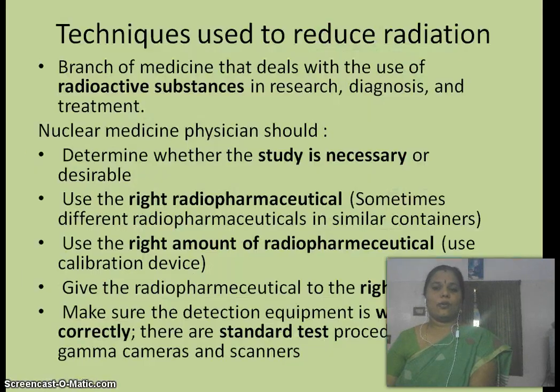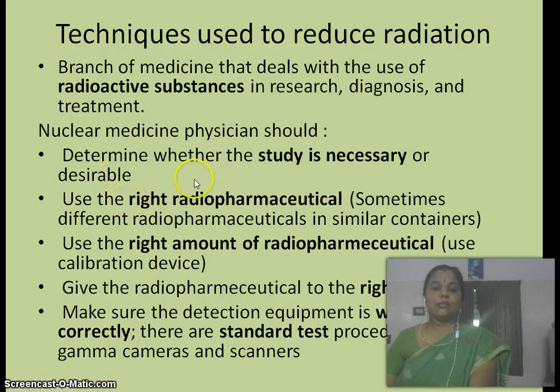Okay, let us see what this nuclear medicine is. Nuclear medicine is a branch of medicine which deals with the use of radioactive substances, especially in research, diagnosis and in therapy. What are the responsibilities of the nuclear medicine technician or the physician? The physician should always determine whether the nuclear medicine imaging is needed or is desirable for the patient, and he should always be